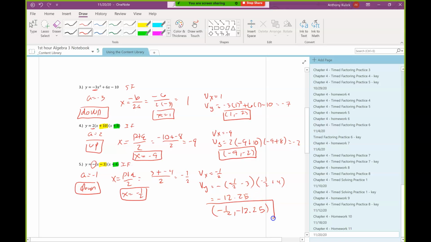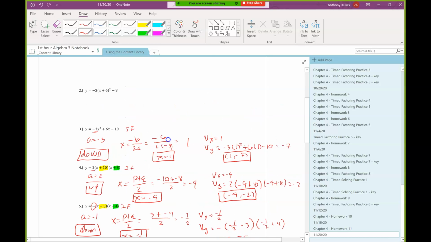And decimals here are fine. If you want to call that negative 0.5, if we're actually going to go and graph things, certainly reasonable to do that. If you had called this like, what would that be? Like negative 49 over 4, and used a fraction there, that would certainly be appropriate. And